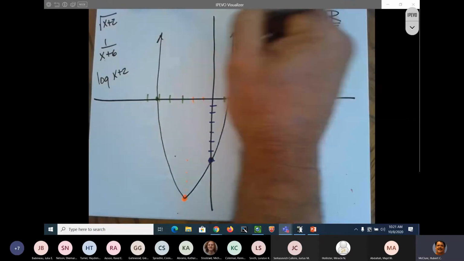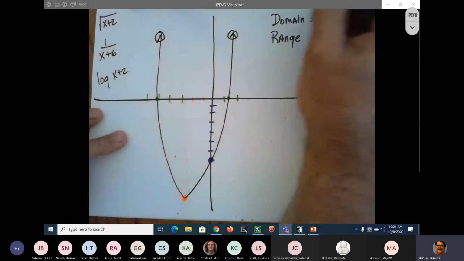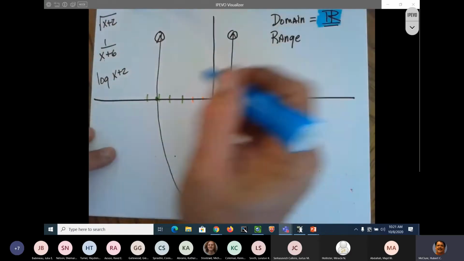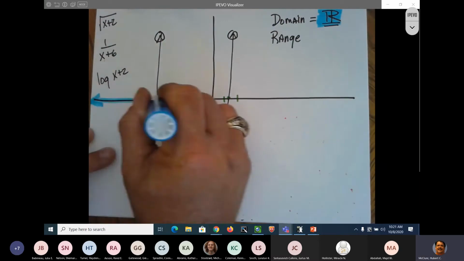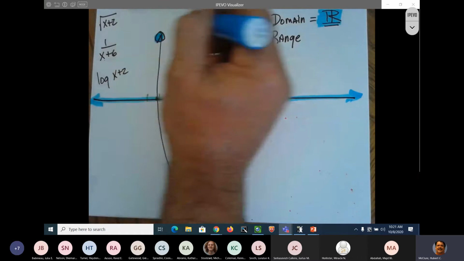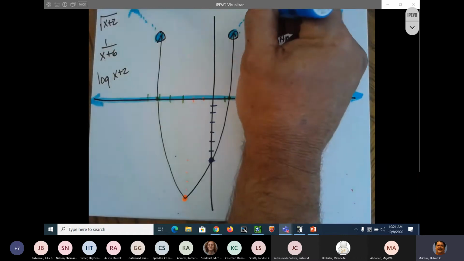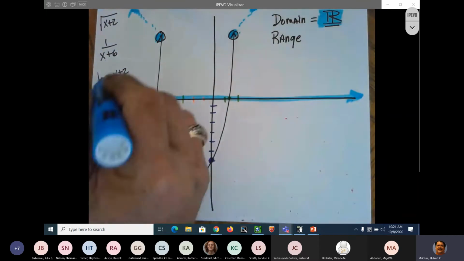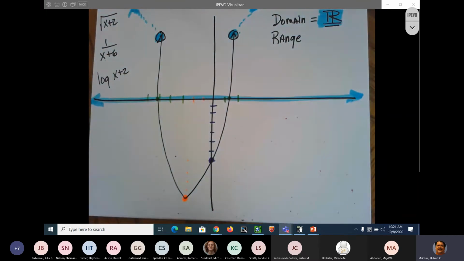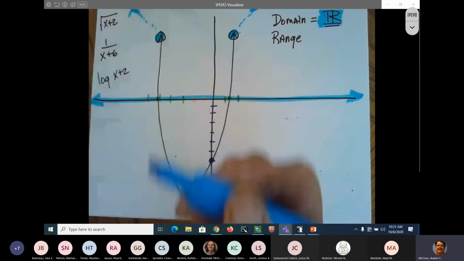well, since we have arrowheads here and here, I'm going to do the domain. Let's do the domain in blue. The domain is all real numbers. That means all real numbers on the x-axis can be used in this function, because these two guys keep on going, and I'm exaggerating here, but they keep on going. So all x values are being used in this function. And it's not a radical, it's not a rational, and it's not a log. So